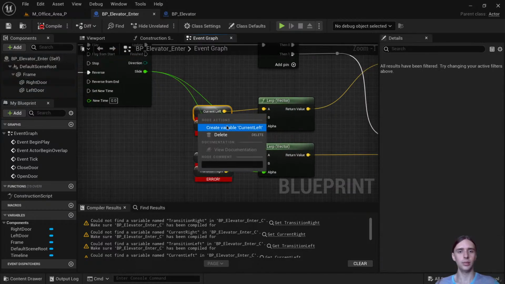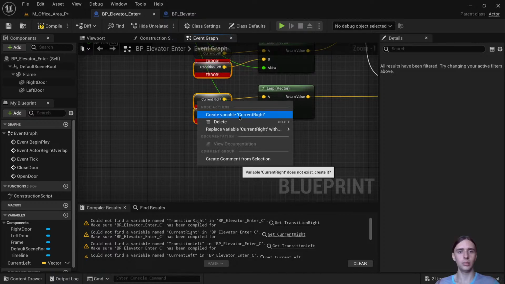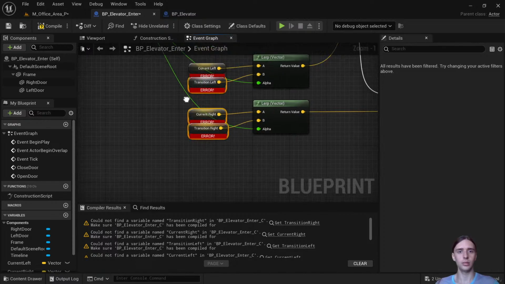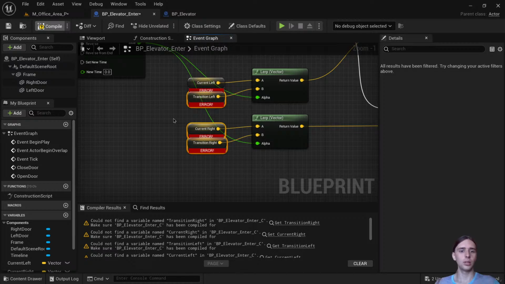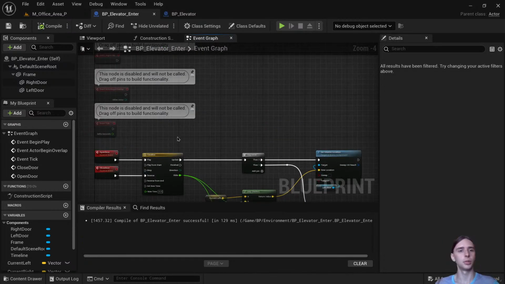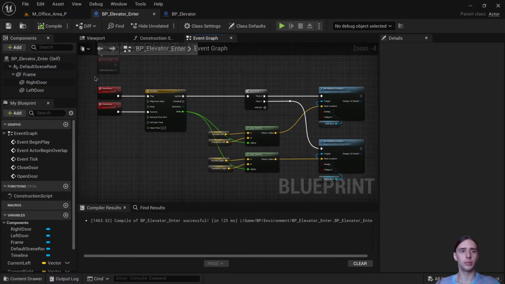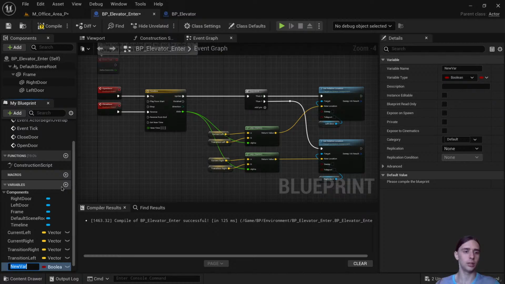Okay, current left, create these variables. Can I create all of this? No, I cannot. Okay, let's just compile, and this basically will work. Okay, but we need to create a variable is locked,